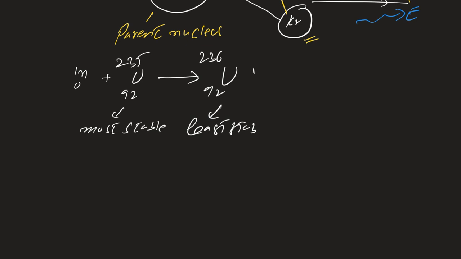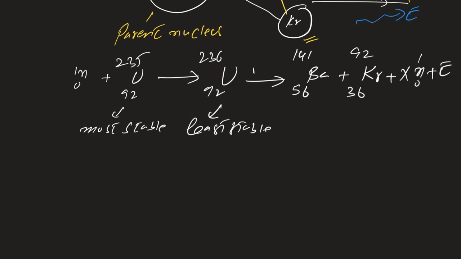Means now uranium 236 will split up into barium 141 56 plus krypton 92 36 plus an unknown number of neutrons